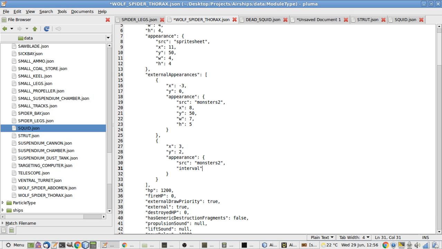I'm not quite sure how quickly these should move, so let's just pick a number. Let's just say about a second in between frames. Then frames are